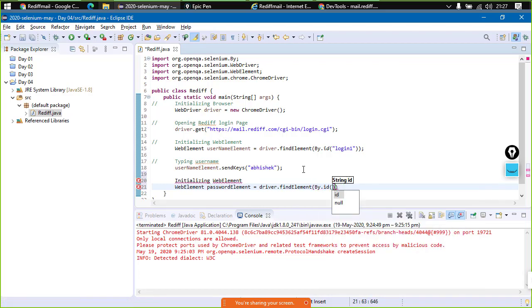And what is the ID? The ID is password. Done.